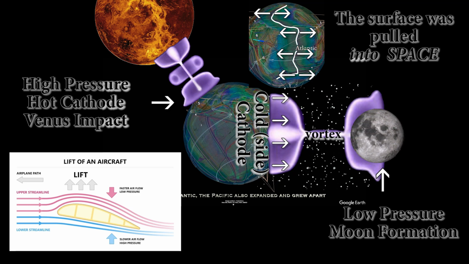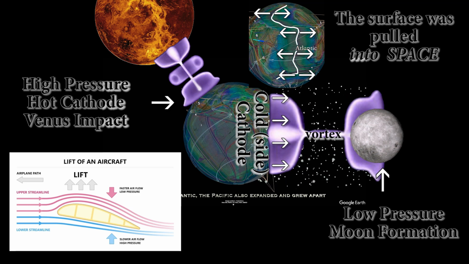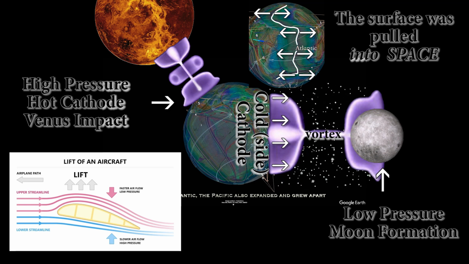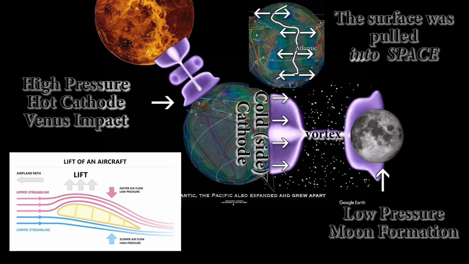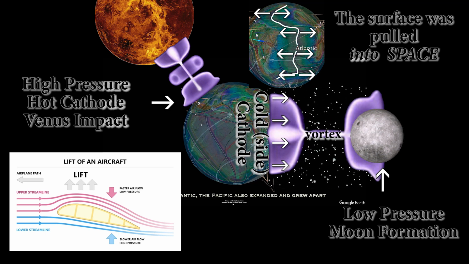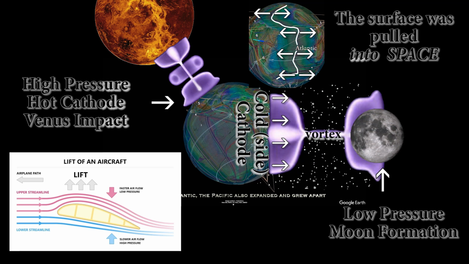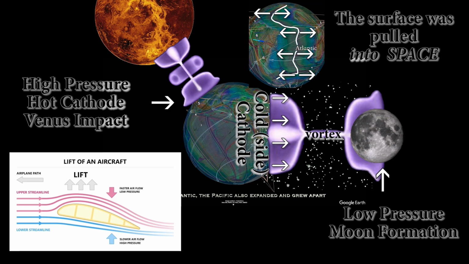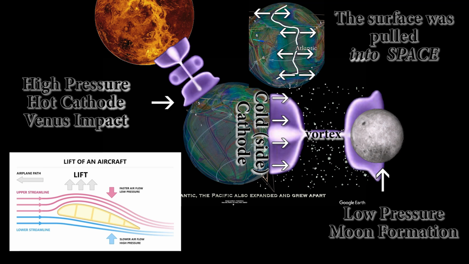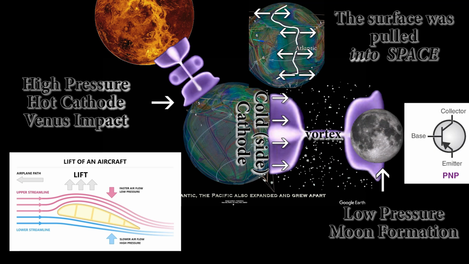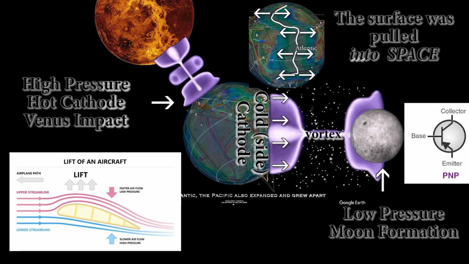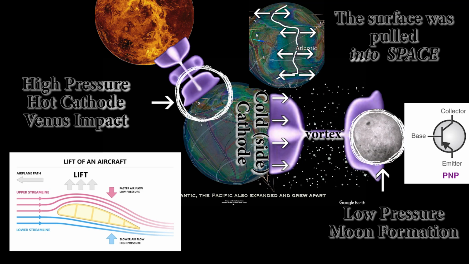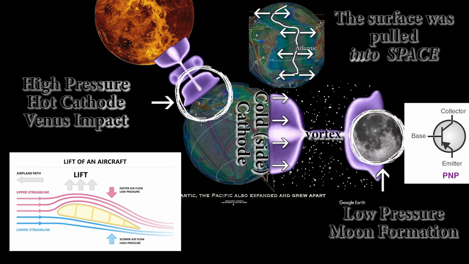The Indian Ocean was an internal crustal expansion. The Pacific Ocean was an internal crustal expansion. But the Moon was an external crustal expansion and represents the ground Atlas sat on while he held up the Earth. The Moon became, for a short time, the ground in the electrical system. And that shell at the foot of Atlas is the N of our now N-doped planet. The positive pressure here caused a massive negative low pressure over here, forming the Moon from the backside of the Earth.